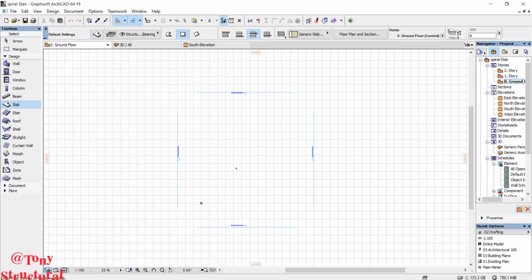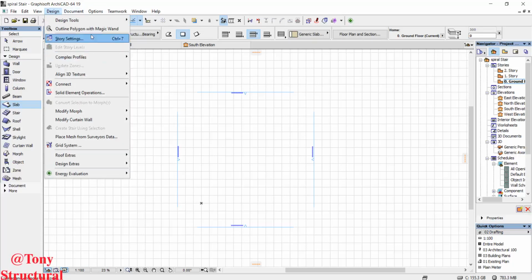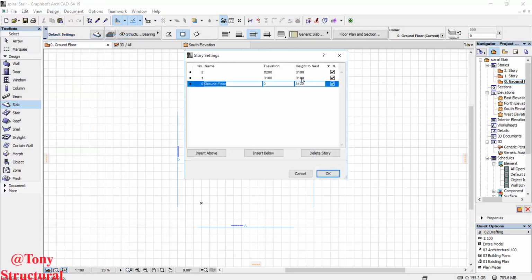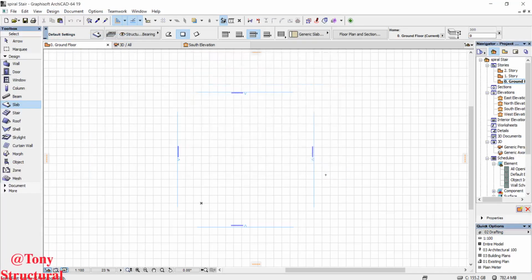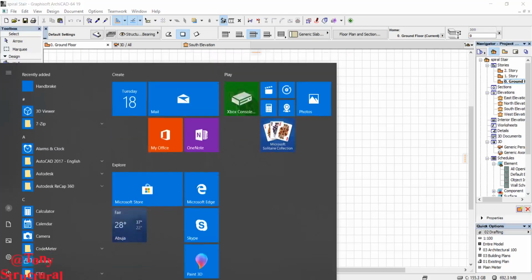First, you must be able to know the exact story height. It actually plays a lot of role in choosing the height or the thickness of your riser. So from here, let's go to our design to actually find out the story height. From here, we have discovered that our story height is 3100, and we are going to be working with this 3100. The simplest thing to do is to go to your calculator